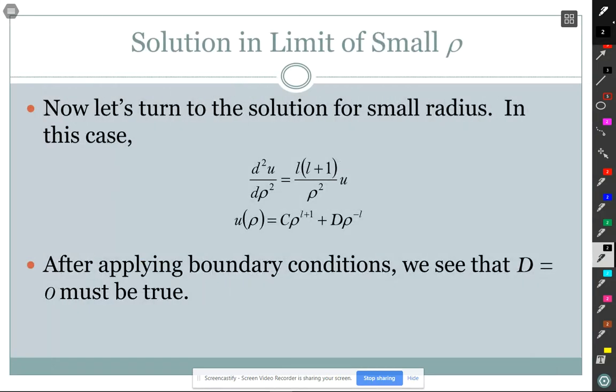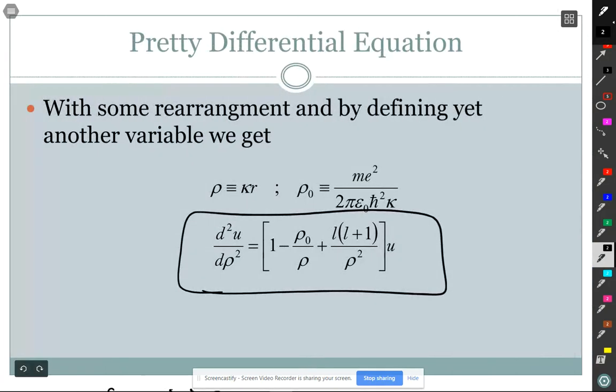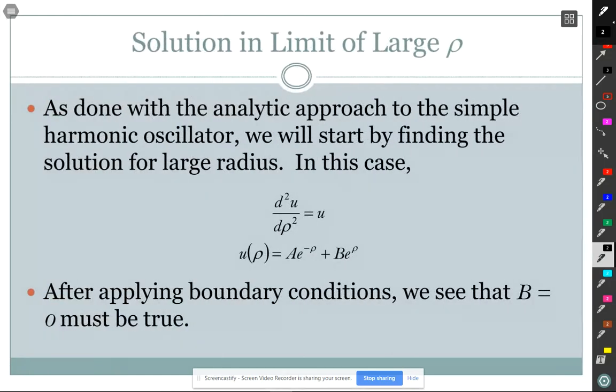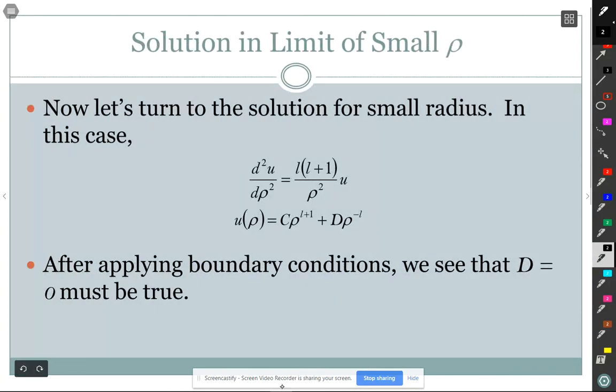So now let's turn to the solution for small radius. Let's come back and look at this equation. For small radius, 1 over rho squared is going to be much bigger than 1 over rho or 1. So only the 1 over rho squared term is going to persist, and this is the Schrodinger equation for small radius. If you solve that small radius equation, this is a differential equation that you've not done, you get